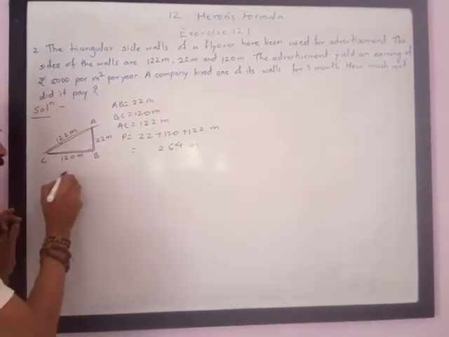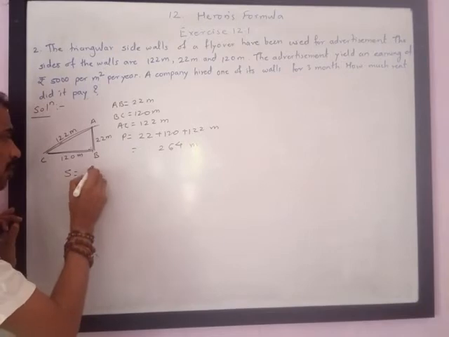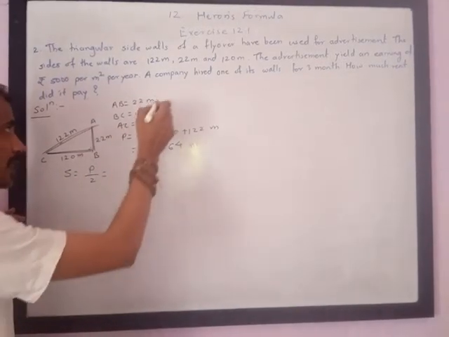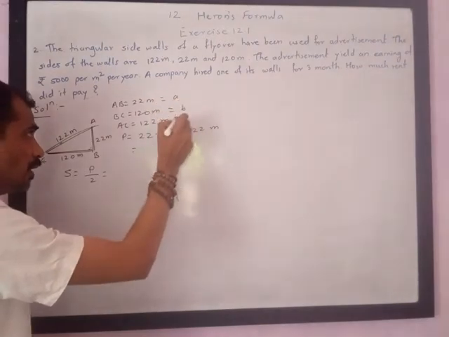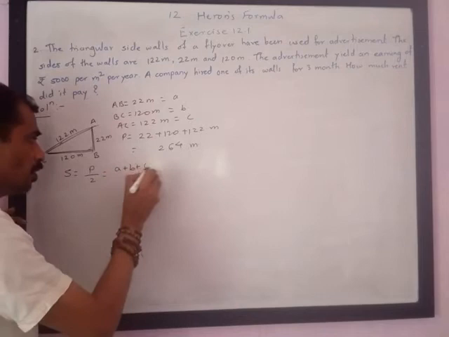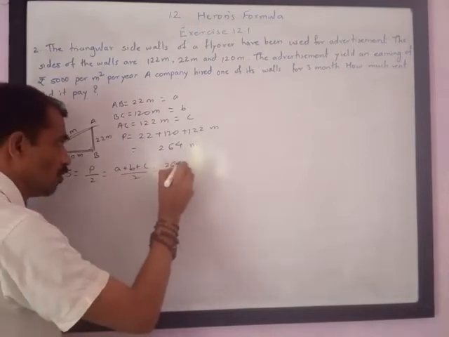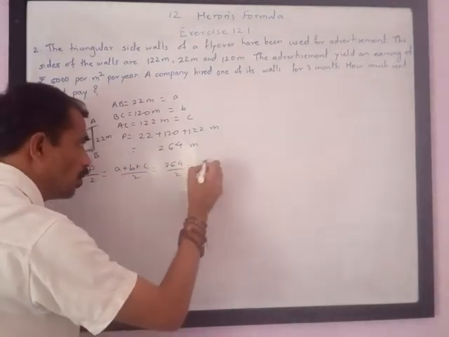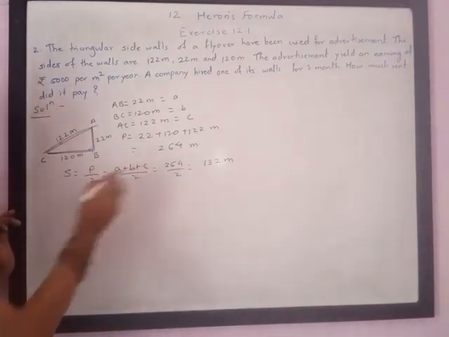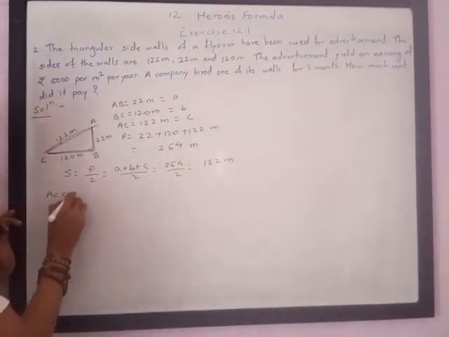Now semi-perimeter, S is equal to perimeter upon 2, that is equal to A plus B plus C upon 2, where this is A, this is B, this is C. So we will get A plus B plus C upon 2, that is equal to 264 upon 2, that is equal to 132 meters. Now according to Heron's formula we have,